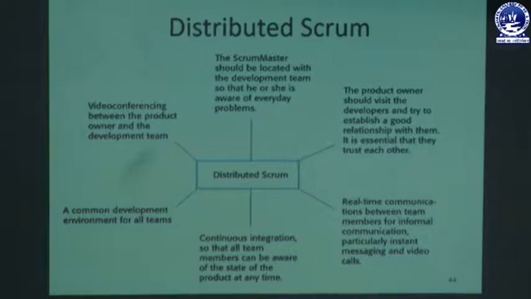After all, we are saying that there should be good communication between the product owner and the developer, because we are developing the product for the product owner. He should be satisfied with our product. So there should be a good relationship among the Scrum Master, the team member, the developer, the product owner, and the customer. If we follow all these things, then our project should succeed by following the Scrum technology. So this is all about Agile project management.